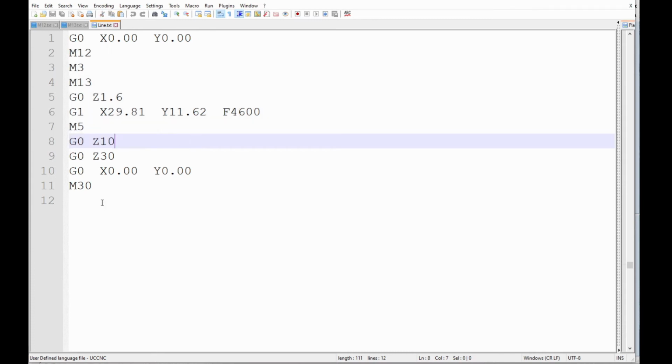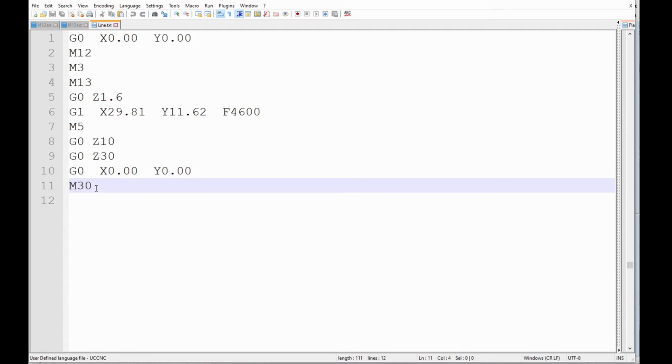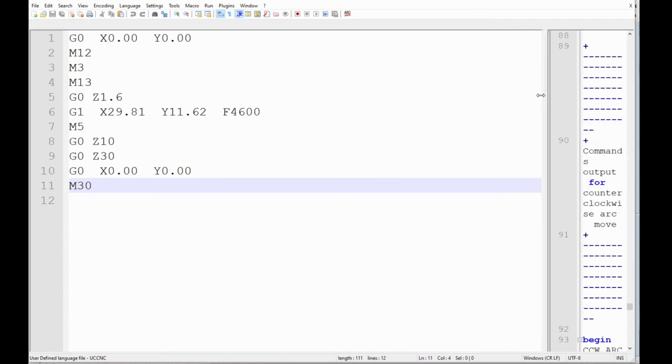Then at the end of the code we have this bit. We just raise the torch to a height that I find suitable, and return it to X and Y origin. M30 simply means the code's finished, rewind. Okay, so the post processor to achieve that